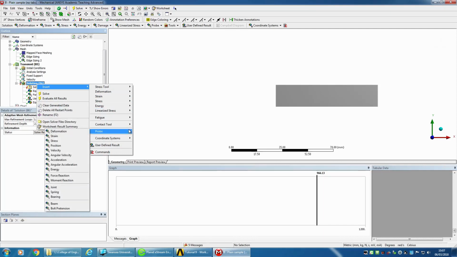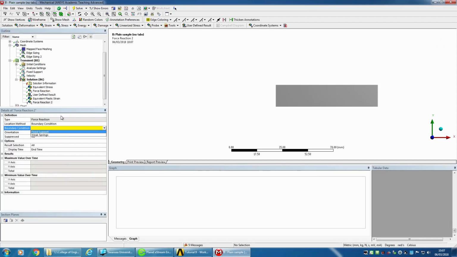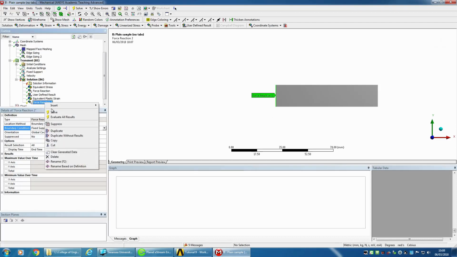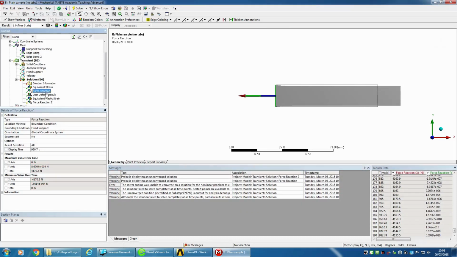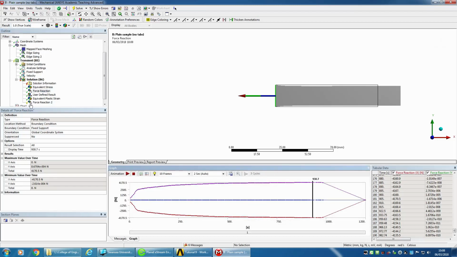Here we go. If you go to probe, where's the force of reaction there, that allows you to work out what the reaction forces are at a given boundary condition. So we can pick the fixed end there, and if we look at the one I've already created for you, the force reaction graph, you'll see that this allows us to get time and the actual force of reaction along that edge on the